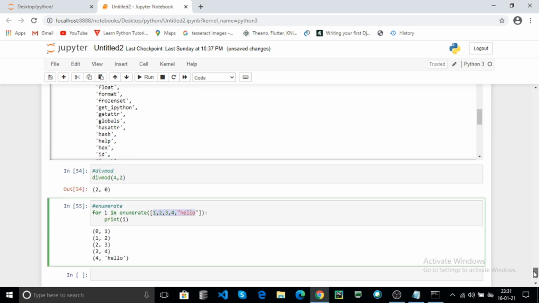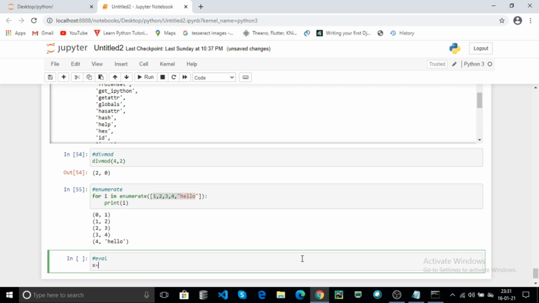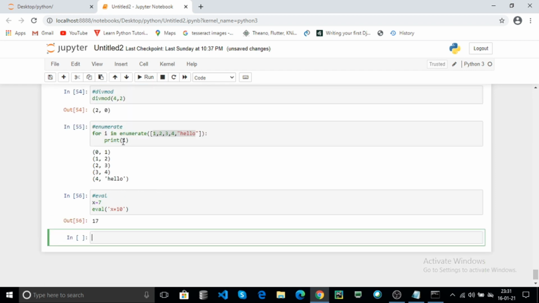Now next is evaluation, that is eval. For example, x equal to 7. Use the evaluation, for example x plus 10. Using the evaluation, it works on string expressions. It executes the string expressions. Click on run.